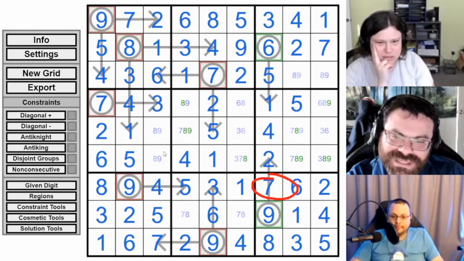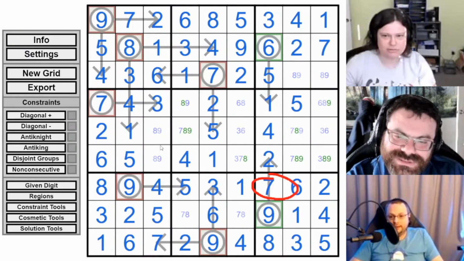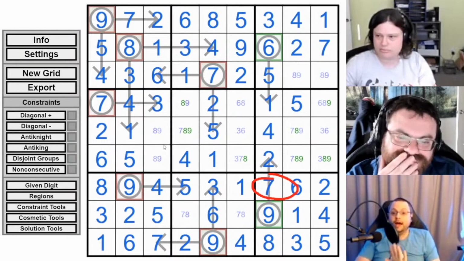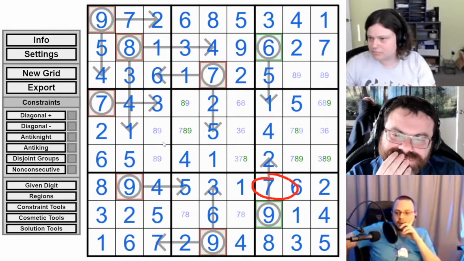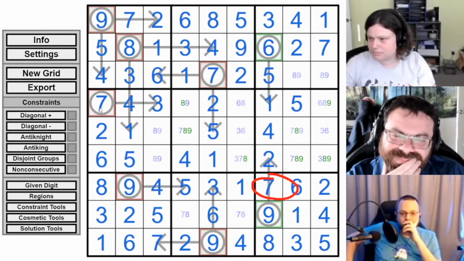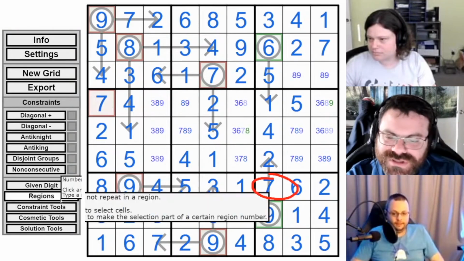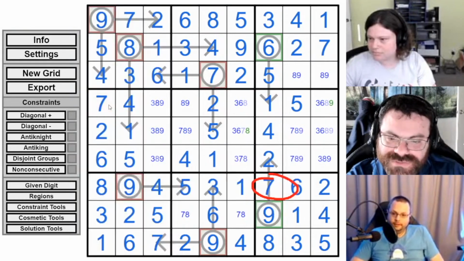Doesn't do much. Is crossing arrows against our sensibilities? It still reuses a cell. I like crossing arrows a lot more than I like an arrow ramming into another arrow. I mean, that got us to the point where a given digit would fix it. Let's keep this one in our back pocket as well. I want to see what our other choices are.